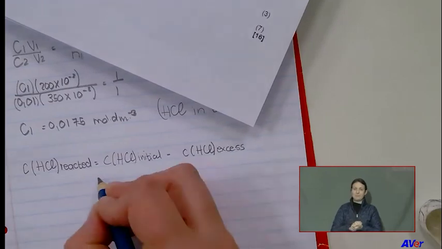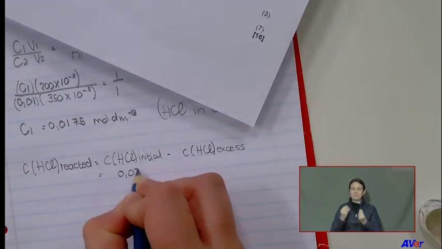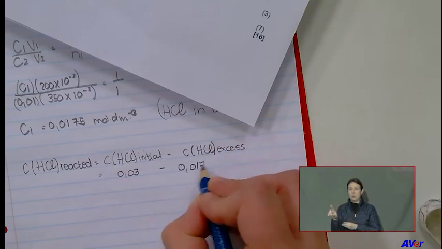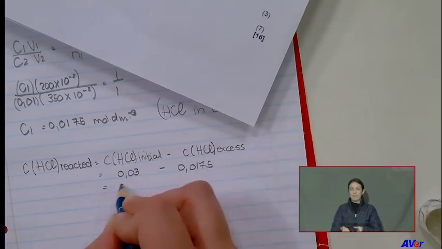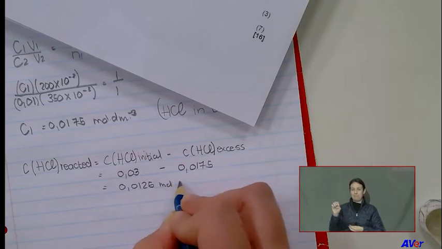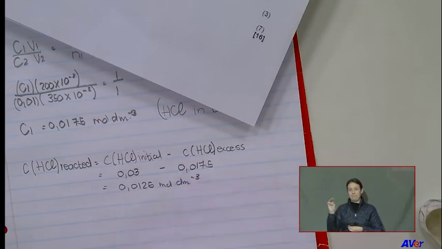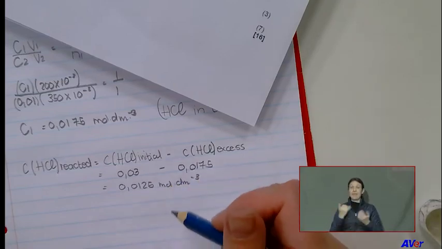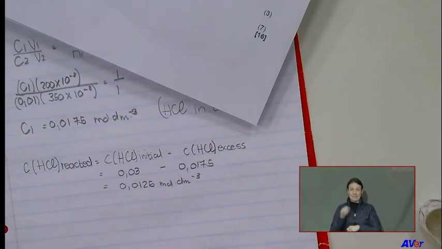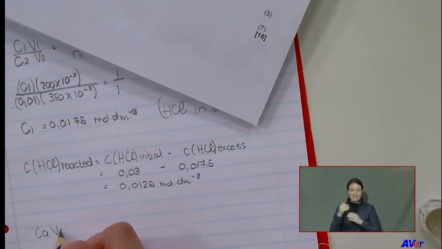Okay, so that's going to be 0.03 minus 0.0175, and that gives me 0.0125 moles per decimeters cubed. And now grade 12, this is the amount that reacted. Okay, so now I can go to CAVA